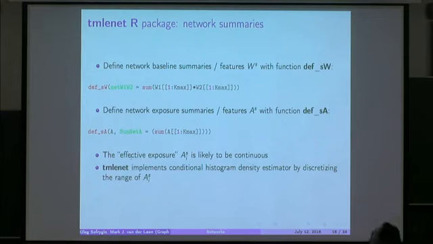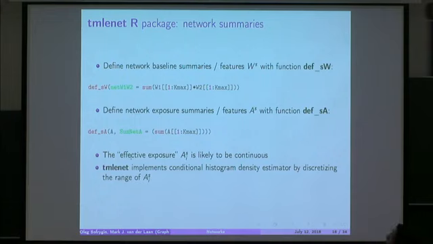So the syntax is pretty straightforward. Suppose we want to define a baseline summary of the 2 baseline covariates, W1, W2, where we take the product of W1 and W2 for all friends of each observation, and then we sum them. So the syntax is sum, and we use double square bracket to index all the friends of each observation, and Kmax is a variable that automatically evaluates. Kmax is the maximum number of friends for anybody, and if the person does not have that many friends, it's just zeros. So that's the baseline summary.